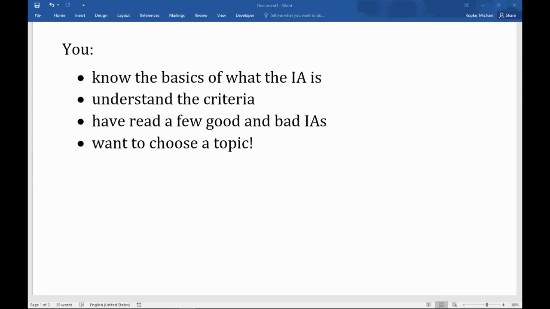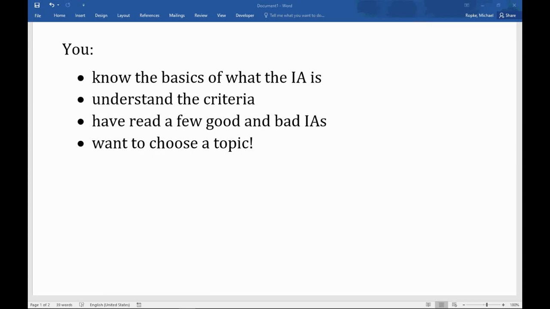Okay, folks, this should not be your introductory foray into the International Baccalaureate Internal Assessment for Group 5 Mathematics. I'm a big order of operations fan, as you might imagine, so I think that if you're trying to choose a topic before you understand what the IA even is and how it's graded and all that, that will be a recipe for disaster. So at this point, you should already know the basics, like the IA is a 6